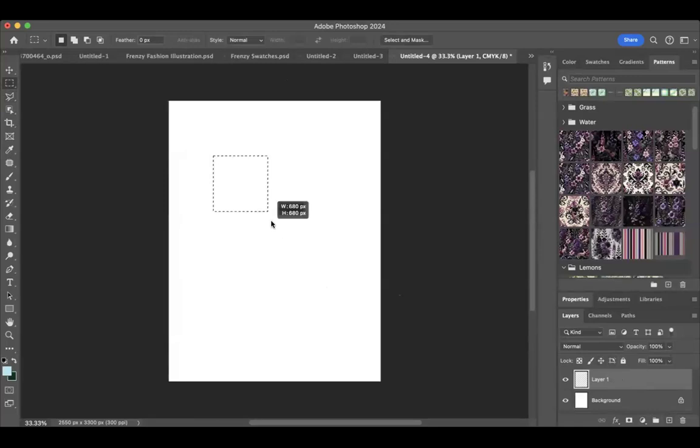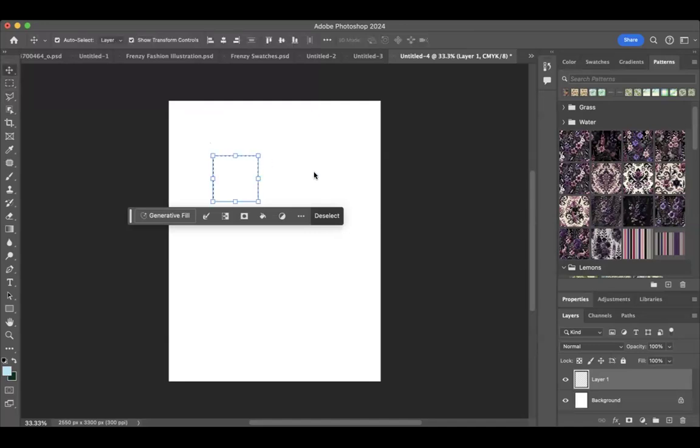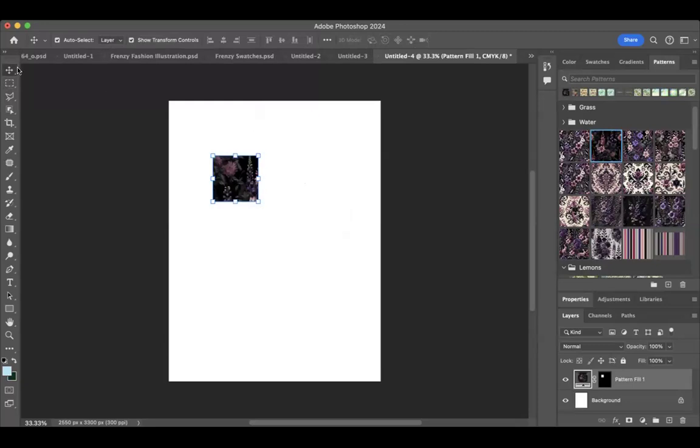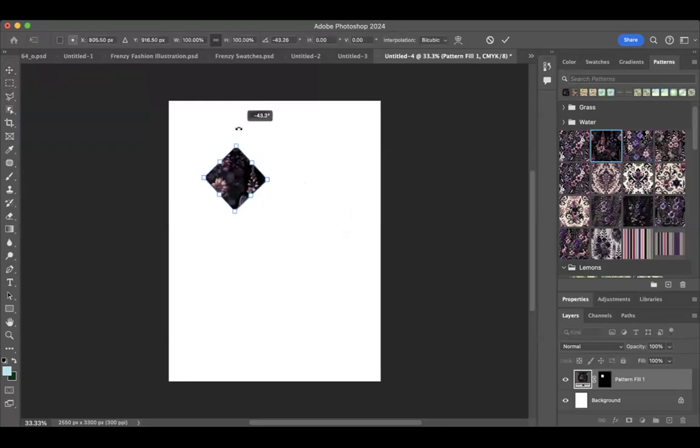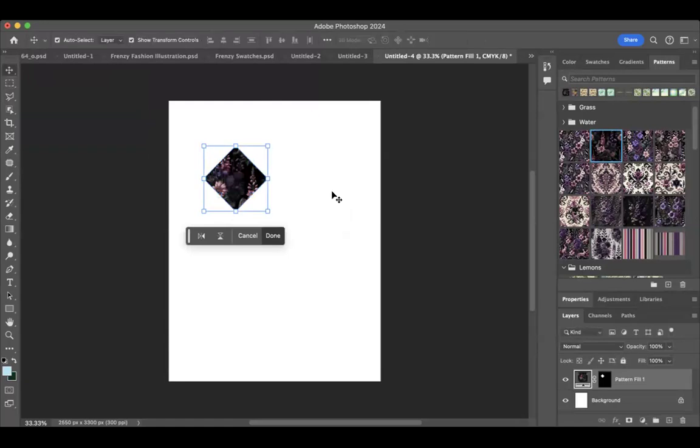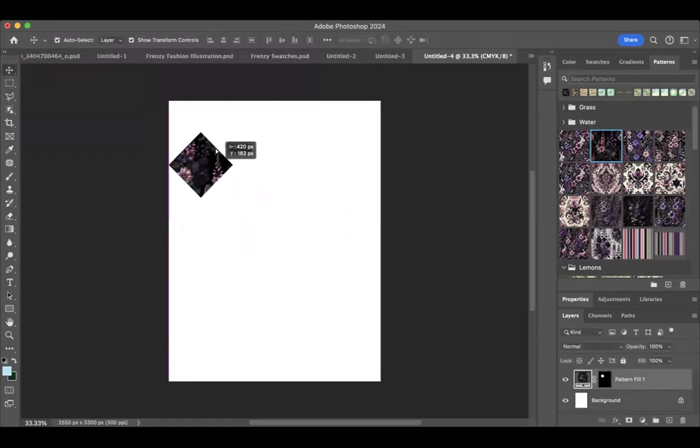I'm going to give it a pivot. Right, it doesn't want to let me pivot it until I fill it with something. All right, let me fill it with something. I will put in a pattern, and then it should let me rotate it. Yes, good. If I hold Shift, it'll constrain it to angles. So I want a nice little diamondy, and then I'm going to